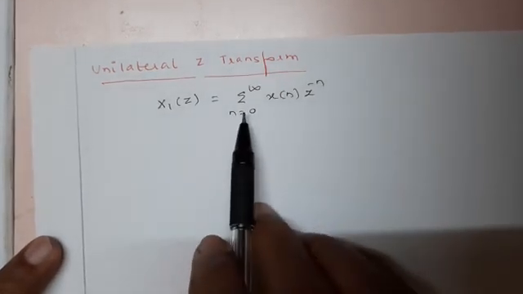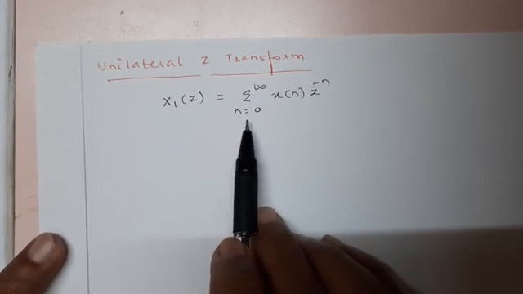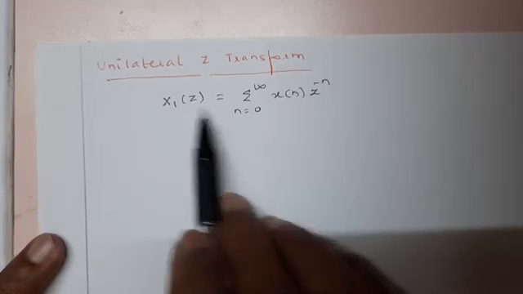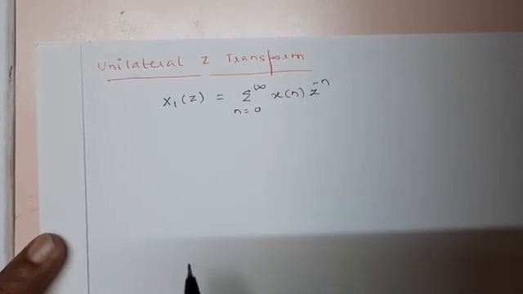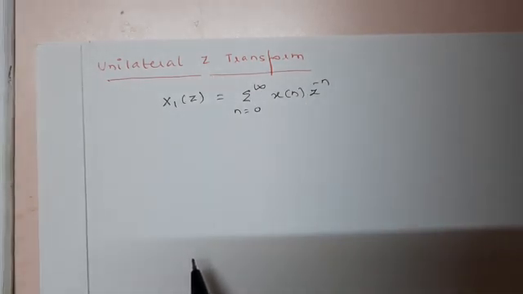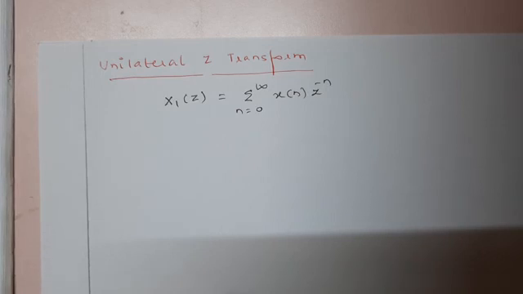You will come to know that when you write the equation, you usually wrote X(z) as a summation from minus infinity to plus infinity, but a unilateral Z transform is only from 0 to infinity of x(n) z to the power minus n. The basic difference between bilateral and unilateral Z transform is in terms of time shift. All the properties and the rest hold good for both two-sided and single-sided sequences. Only the time shift property is different for the unilateral Z transform.